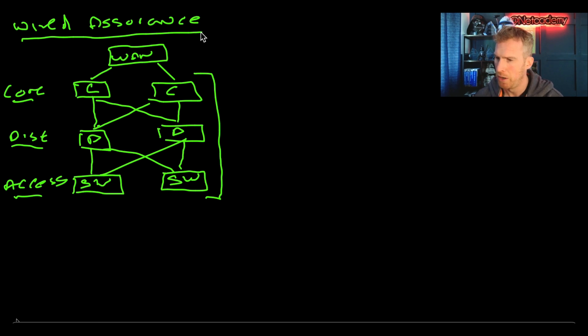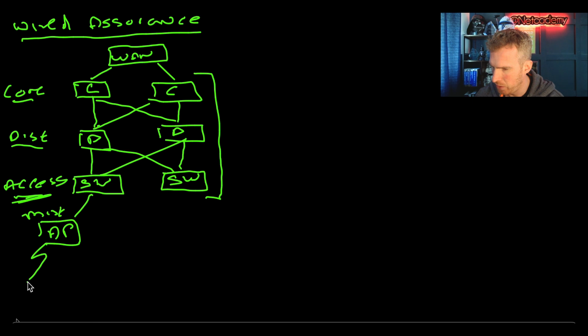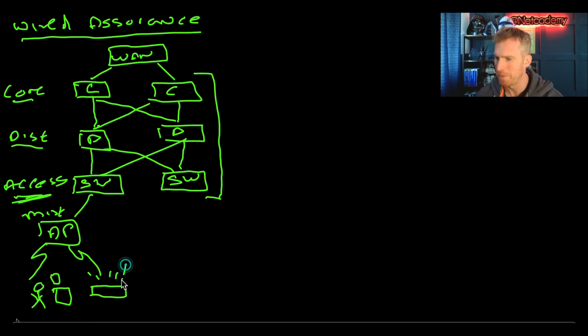But as I've said before, on the access layer switches, there could be Mist access points, just for example, and connecting over Wi-Fi to those access points are going to be ourselves. We're going to be there with a mobile phone, maybe with a tablet, or maybe it's some kind of handheld scanner. That's my picture for a scanner. I thought I was getting better with my drawing there until I've just done that. But you get the idea. It's these wireless clients who are connecting over Wi-Fi to that access point. And then the access point has connectivity into the switching network, typically over a trunked interface.